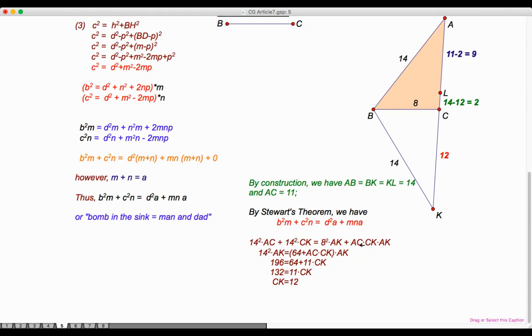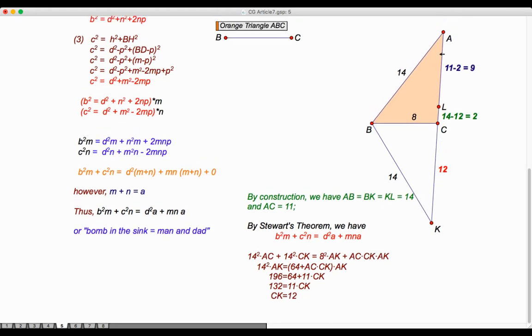And then this, I put them together, and that becomes 64 plus AC times CK times AK. So both of them have AK. Just cancel the AK. We now have 196 is equal to 64 plus 11K. Simple algebra will lead us to CK equals 12. So CK is equal to 12, and therefore AC is equal to,